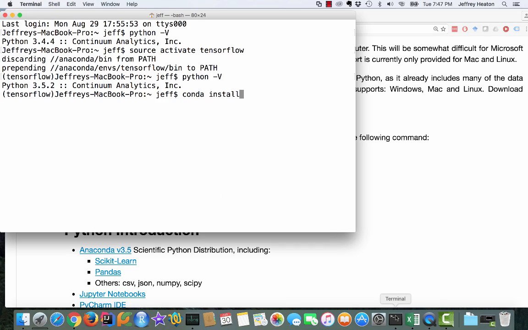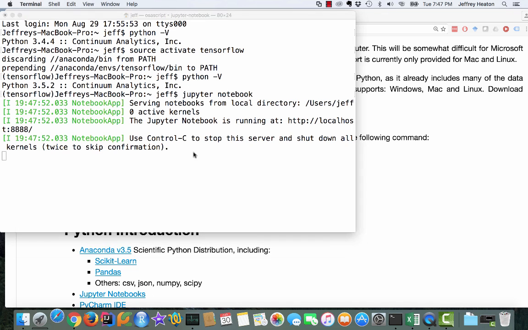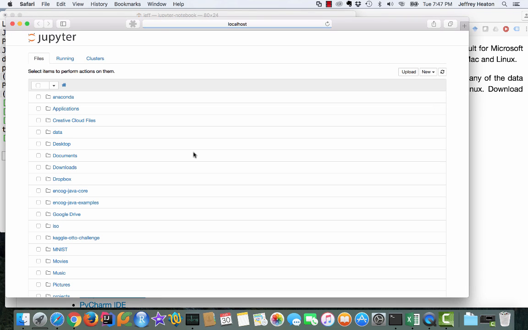I'm just following my command right there, notebook. And basically, it starts up all that, and then it launches essentially a web browser here. And this is really exactly what the Data Scientist Workbench from IBM gives you, except this is literally running on my computer. So I might use this when I give you an example of something that's more heavy-duty multi-core, because